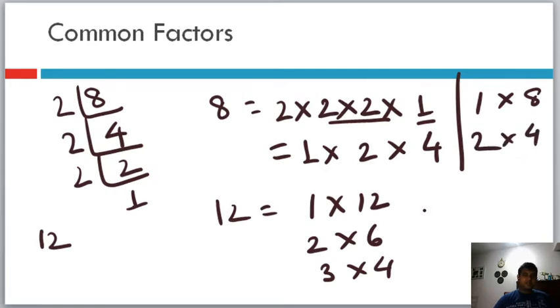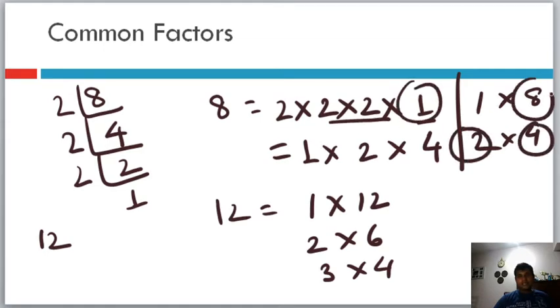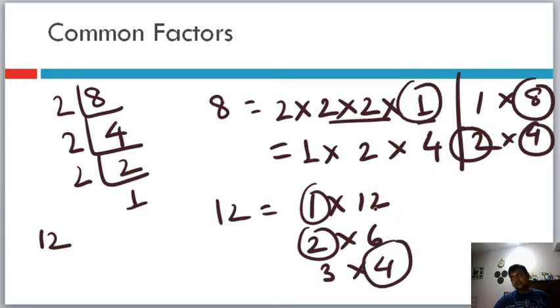Yeah, very simple. And then you understand that the factors are 1, 2, 4 and 8. And here the factors are 1, 2, 3, 4, 6 and 12. And then you see that these are the common factors. So that's how you identify common factors. And common factors basically are those numbers which will exactly divide this number also, this number also and this number also. So it is that simple.